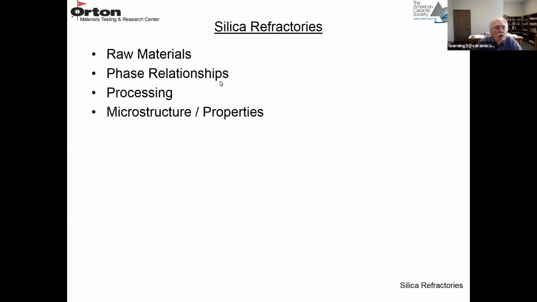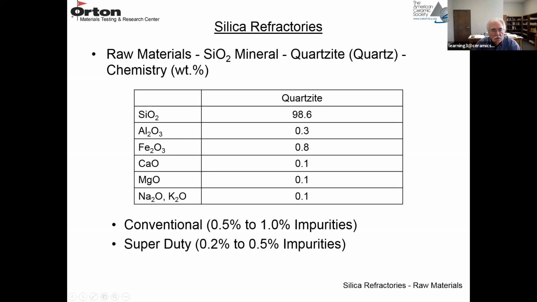So each one of these materials, we'll look at what the raw materials are, the phase relationships, the phase diagrams, how the material is processed. We'll examine the microstructure, and then look at some of the key properties of each material. So the raw material for